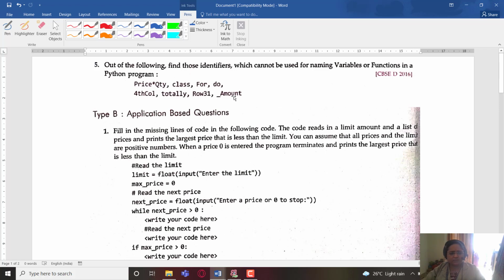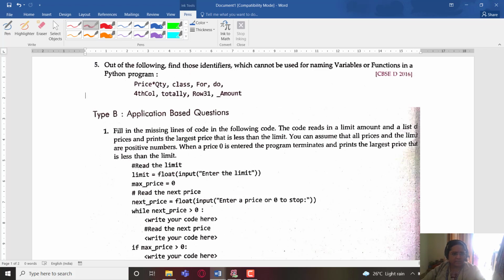There are certain rules which we had studied in class 11th, like your identifier cannot begin with a digit, it cannot have any spaces, it cannot have any special character other than underscore, and the cases, that is capital or small, also play a major role in differentiating between identifiers.